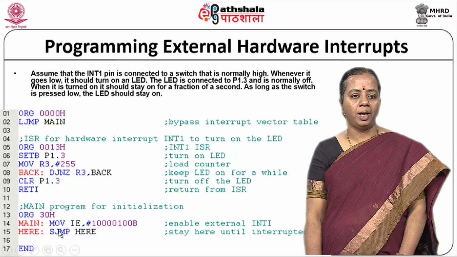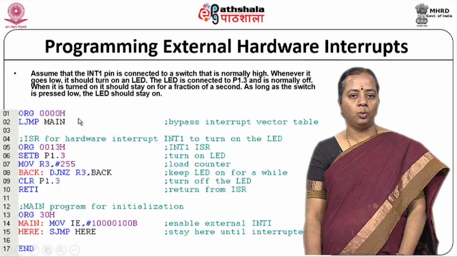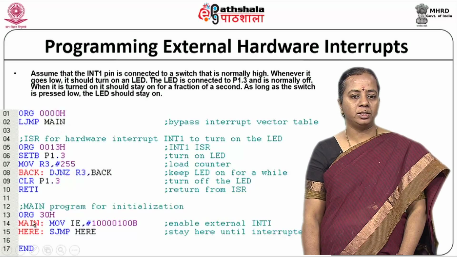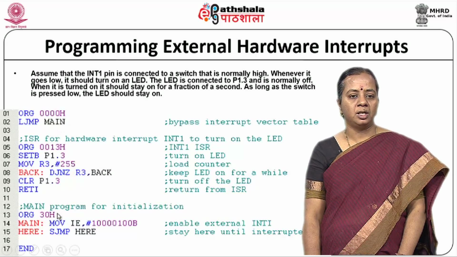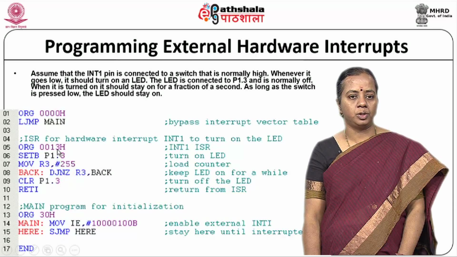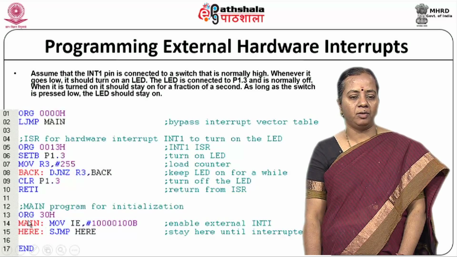So, in the main program, now when you want to run a code, we definitely need to have a main program. So, main is the tag where we have written the main program, which has been written from ORG 30H. Up to this, before this 30, we did not touch anything, and we have written only the service routine at the correct position of 0013H, and from 30 onwards we will be writing our main code, where main: MOV IE,